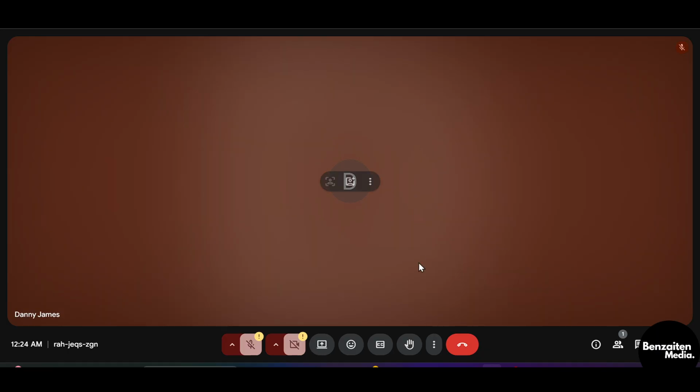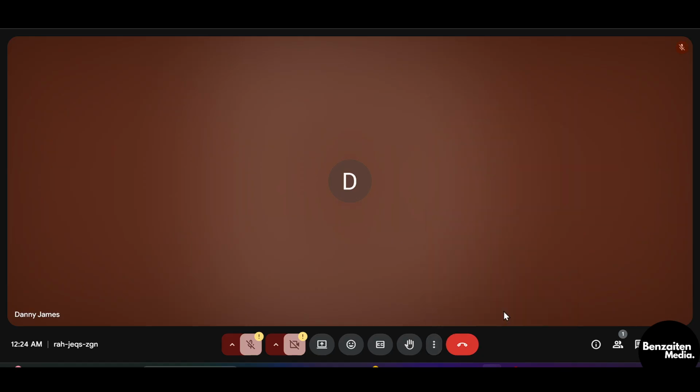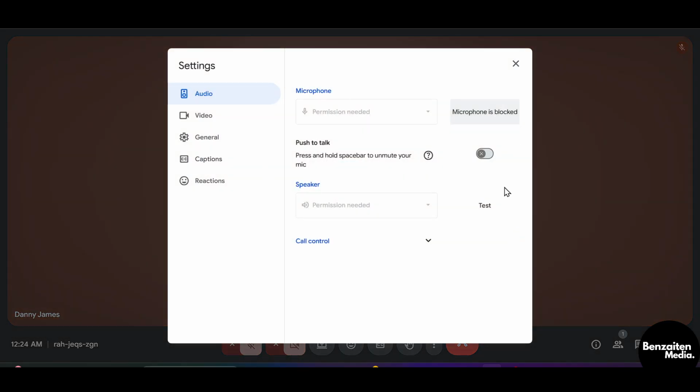turn on. So here at the bottom right, you can see the option of more options. Click on it and then click on settings. After clicking on settings, a new window will appear, wherein click on the audio section, and in the audio section, as you can see, my microphone is blocked